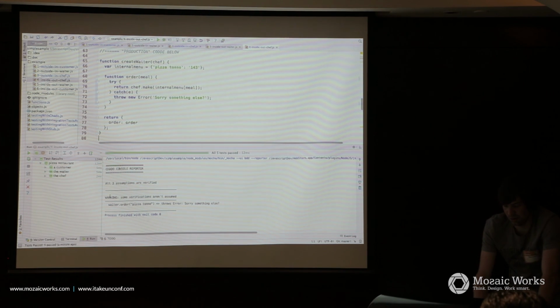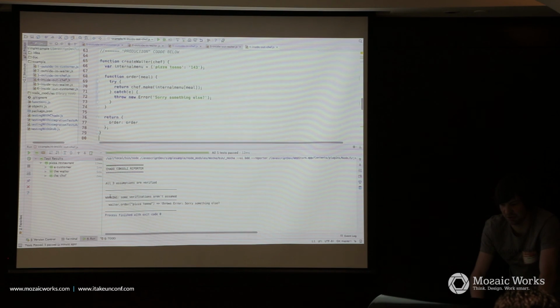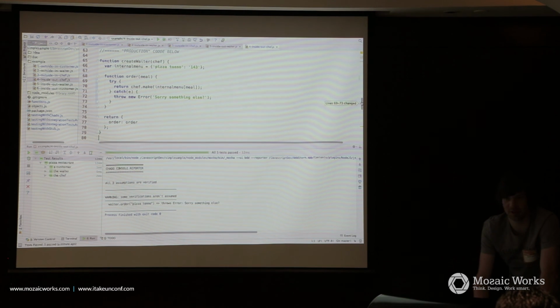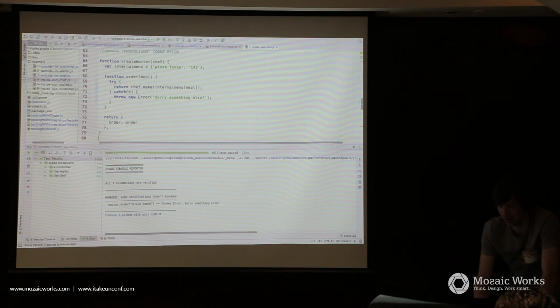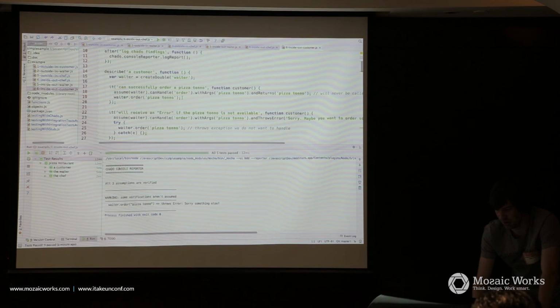So now we have a new verification which wasn't assumed, so we should add that to our customer, so that our customer can handle this error. And I just skip the implementation.